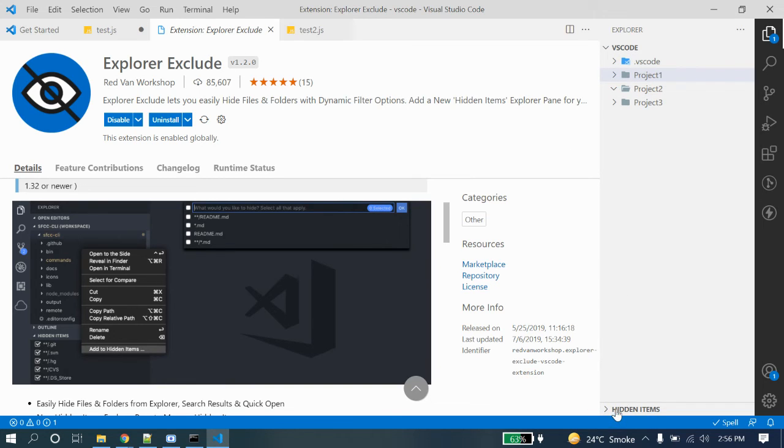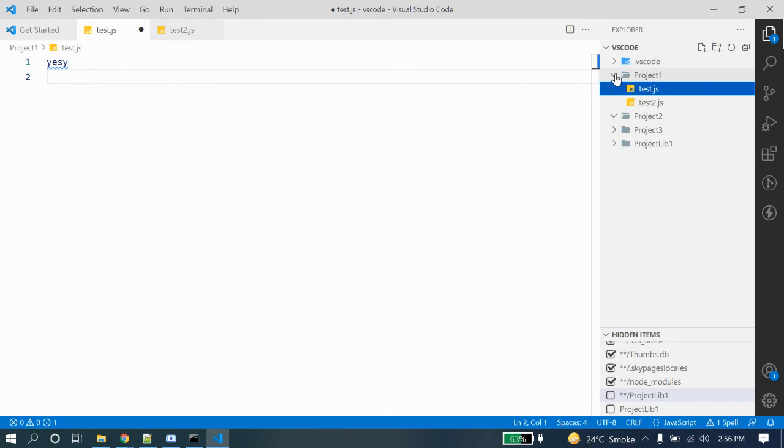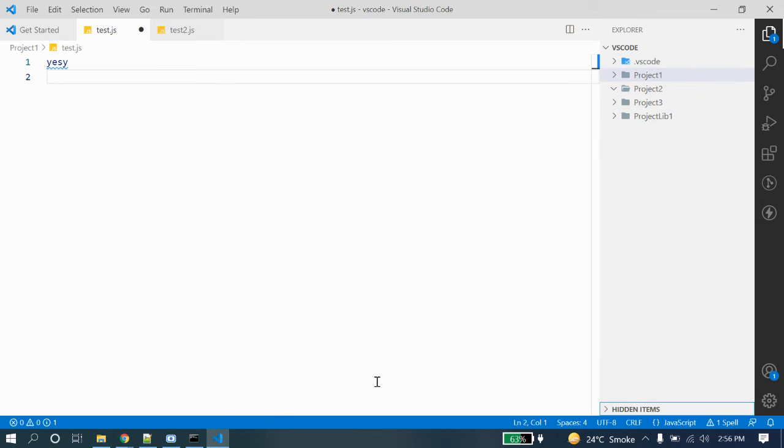Whenever I want to see them, I can go to hidden items and uncheck those, and then I can work on those. Whenever I need to hide them, I can mark them again, and they will hide. Unmarking will show them. So it's another cool extension. You can utilize this in your daily work. I use that frequently.